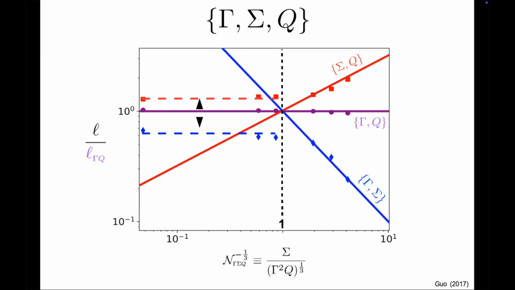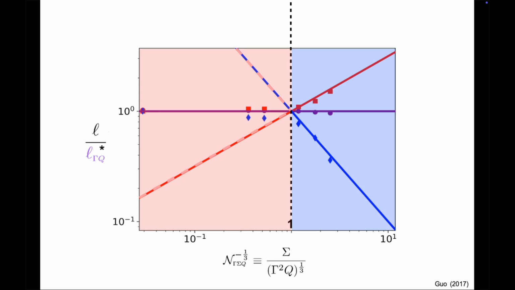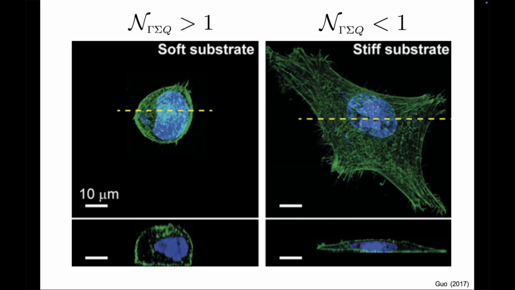If these subtleties were more properly taken into account, the data would more clearly reveal their inherent duality, with two qualitatively different regimes. On the right, the index is smaller than 1, on the left, larger than 1. The value of the index distinguishes the regimes of soft and stiff substrates.